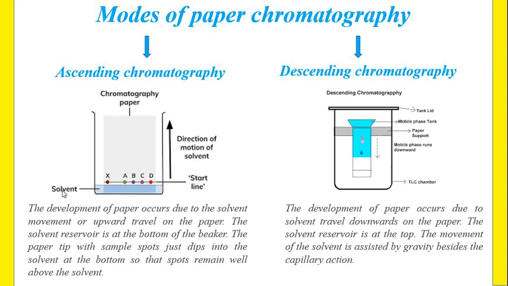Now there is a mobile phase solvent, which contains the liquid that will carry the compounds to be separated on the filter paper. This filter paper is placed in that mobile phase in such a way that the drops carrying the compounds to be separated are close to that solvent. Then this filter paper is placed in a closed container. When the solvent moves on the filter paper, it will carry the compounds to be separated with it.